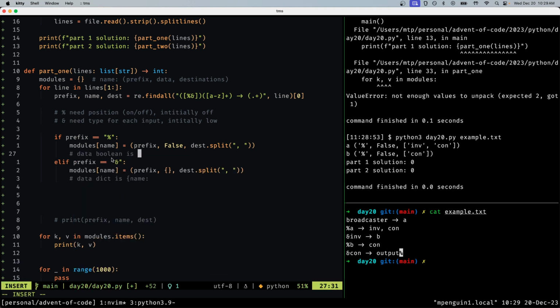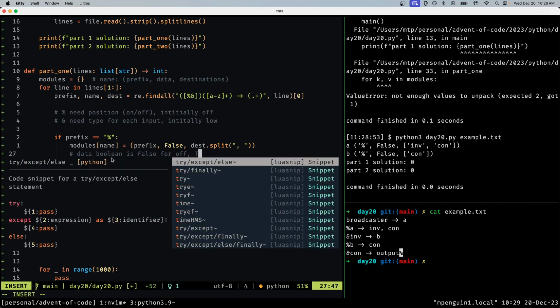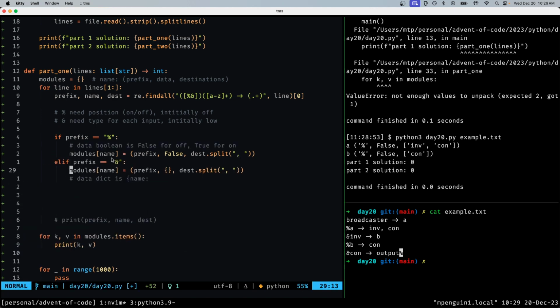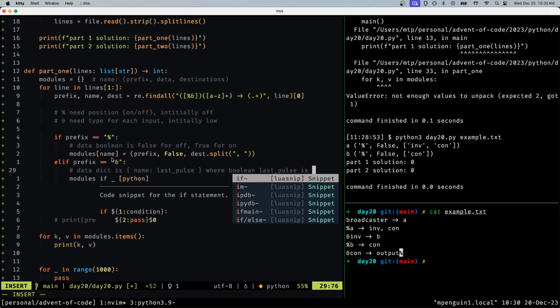Boolean is false for off, true for on, and then data dict is name maps to false, last pulse, and last pulse is